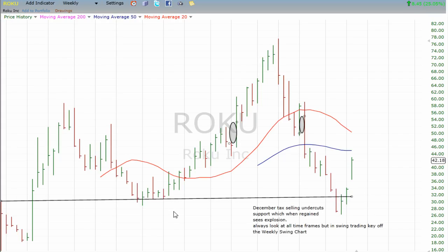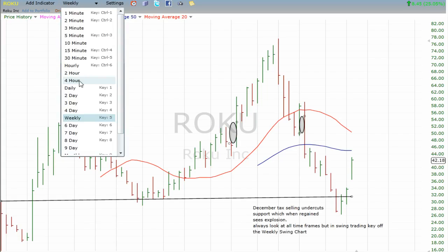So it's always important, even if you're a day trader, not to just look at the daily bars, but to look at all time frames, especially the weekly swing chart when swing trading. This is how you capture big gains. So going back to the daily,